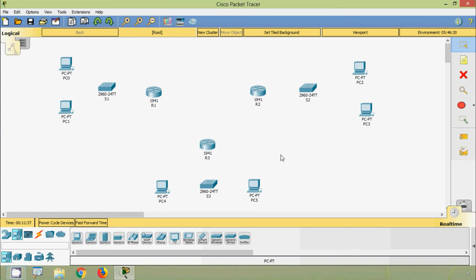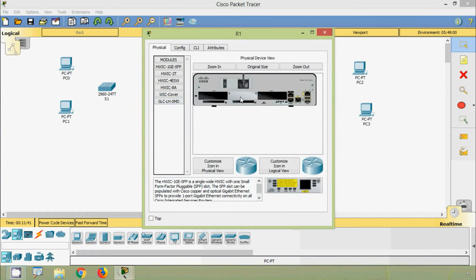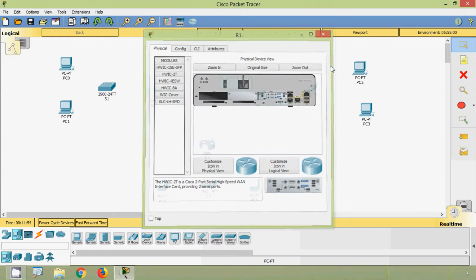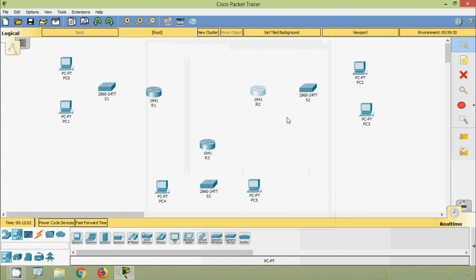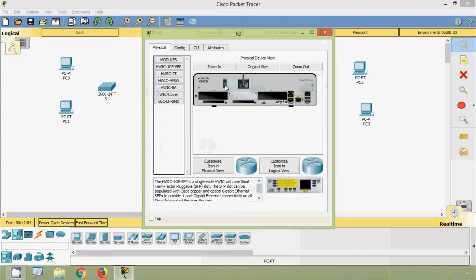Now we will add a serial interface for these routers. Coming to R1, we will power off this device, and coming to this module, this is a 2-port serial high-speed WAN interface. We are going to add this interface here. Then coming to R2, power it off, add the module and then power it on. Coming to R3,